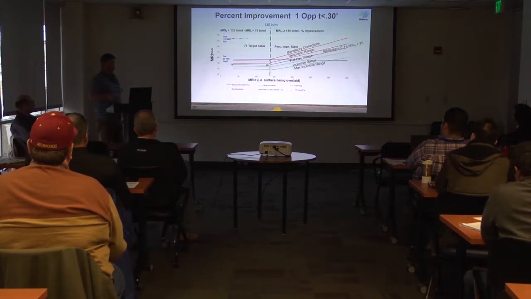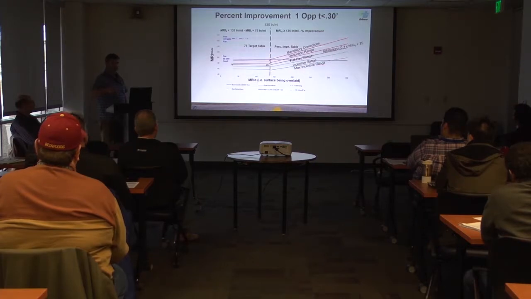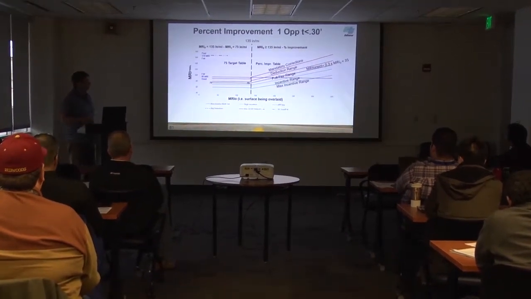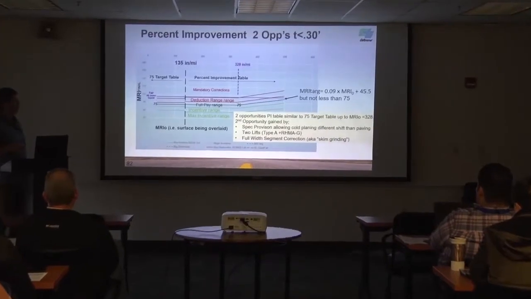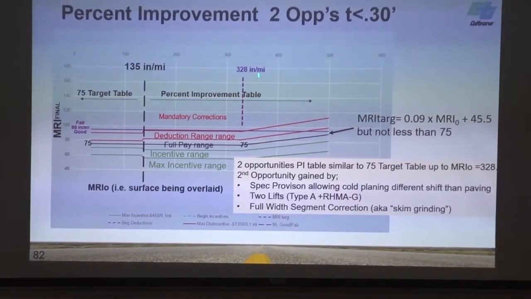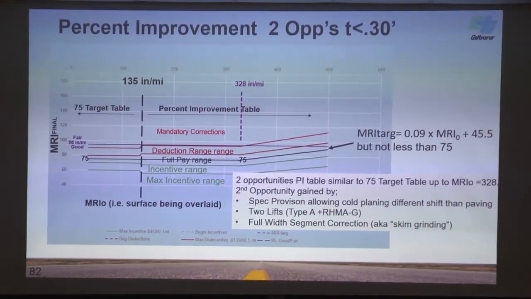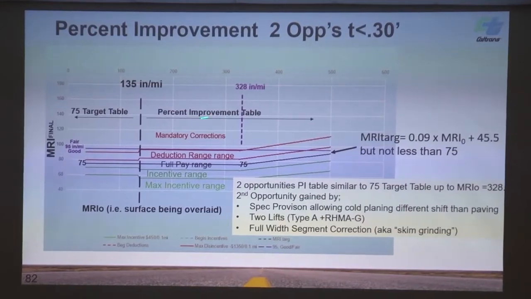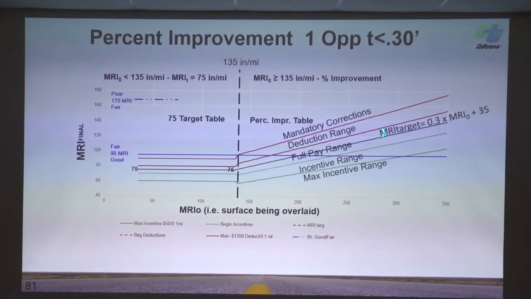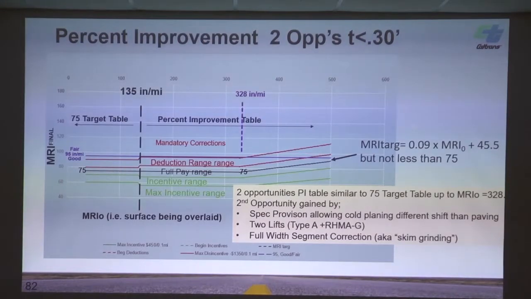Okay, is there any questions on this? I like this graph because it just shows you how we accept rougher pavement if we're paving over rougher pavement. That's one opportunity. If we could get 2 opportunities, now I could basically get something similar to that all the way up to paving over a 328. So, if designers strive for adding a second opportunity in there, we won't have a chance of ending up with something that's above 95. We'll probably,